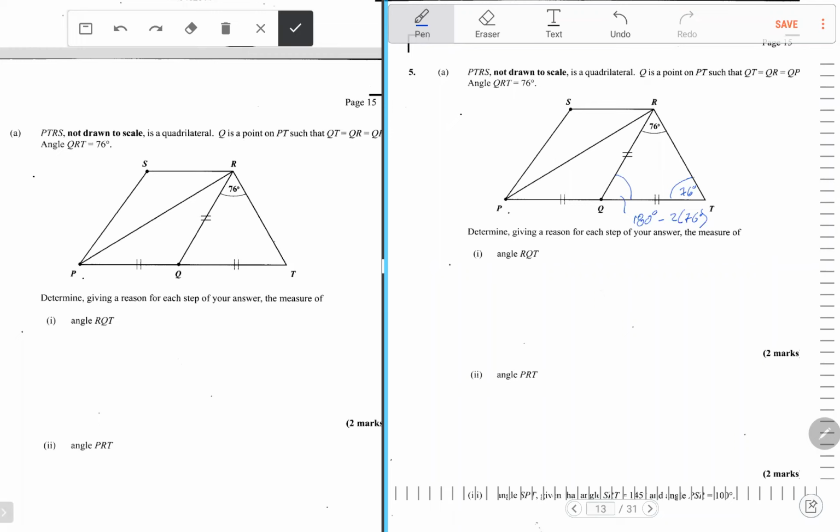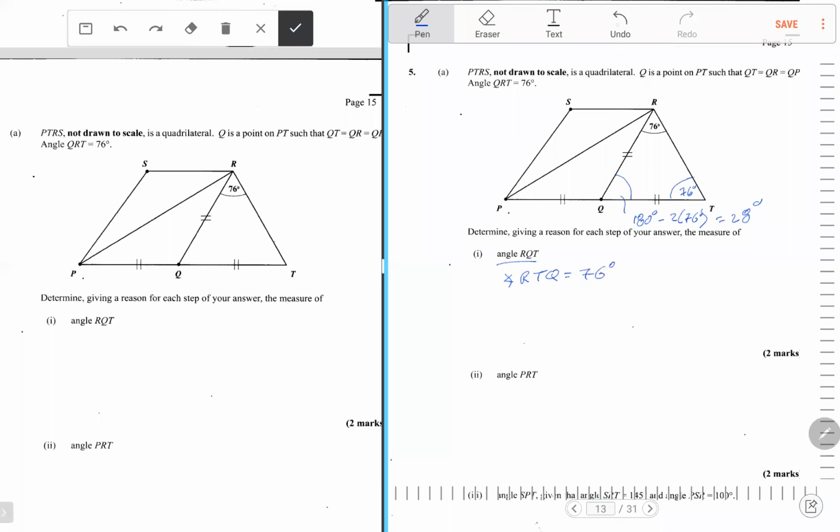That becomes 28 degrees. So it's 28 degrees. All right, so let's write it on the diagram. As you calculate something, you put it on the diagram, but we have to show the reasoning down here. So down here, we're gonna say, to calculate this, we're gonna say first the angle RTQ equals